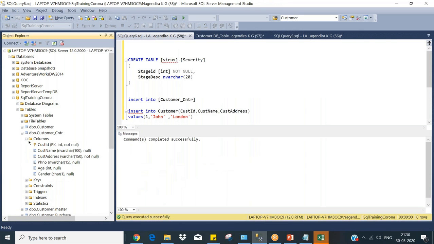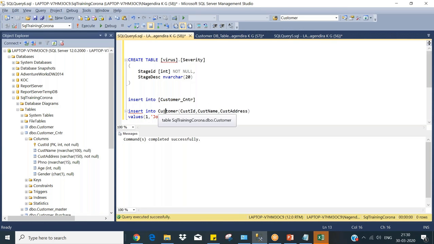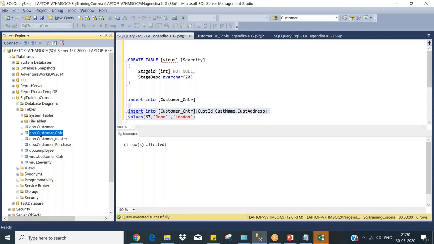I don't think it will have a lot of numbers we have added already. Null, null, null. Okay, that's fine. So I can insert it now. I didn't mention the schema. Now, which table did it get inserted into? It got inserted into this